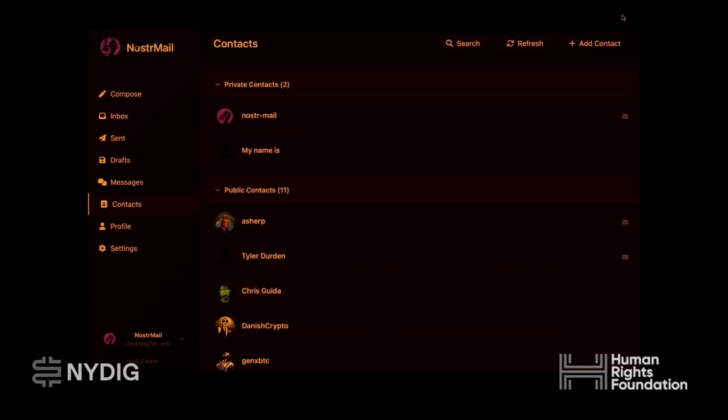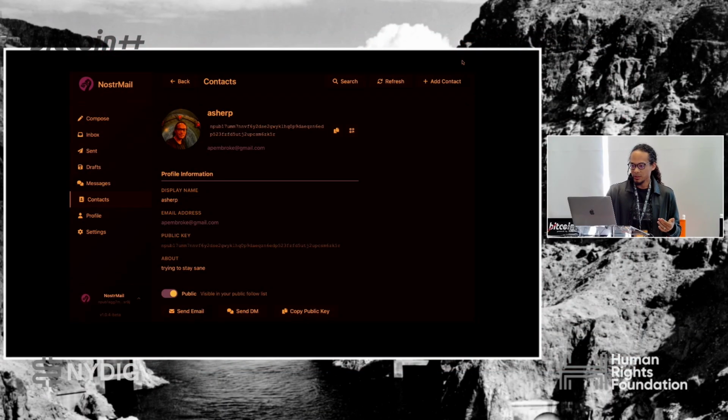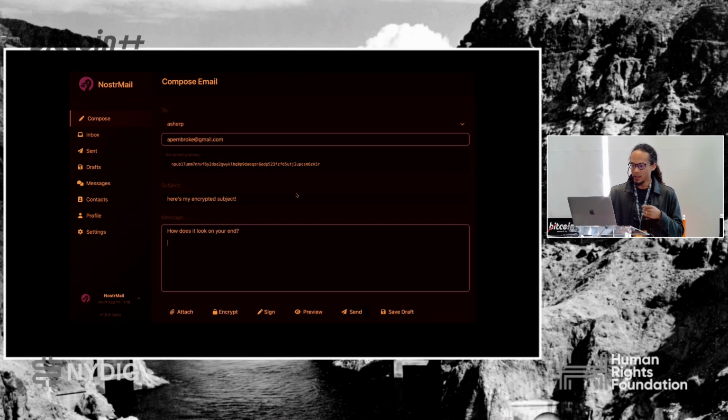Set up your profile. Contacts can be private or public, which is handy if you don't want everyone knowing your contacts. But if the user, for example this guy, has published their email address in their profile, which no clients do except NostrMail, then you can email that person by clicking that button, and this will fill in their pub key and email address, and then